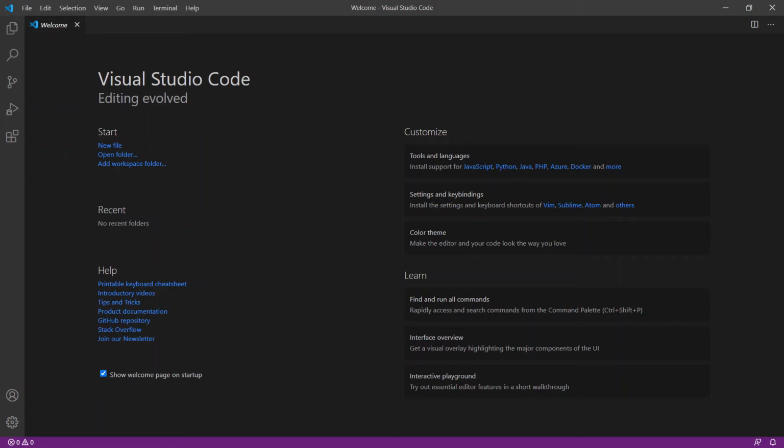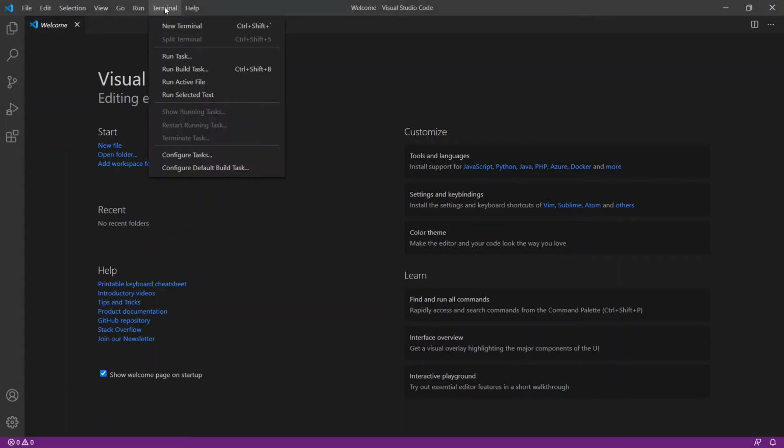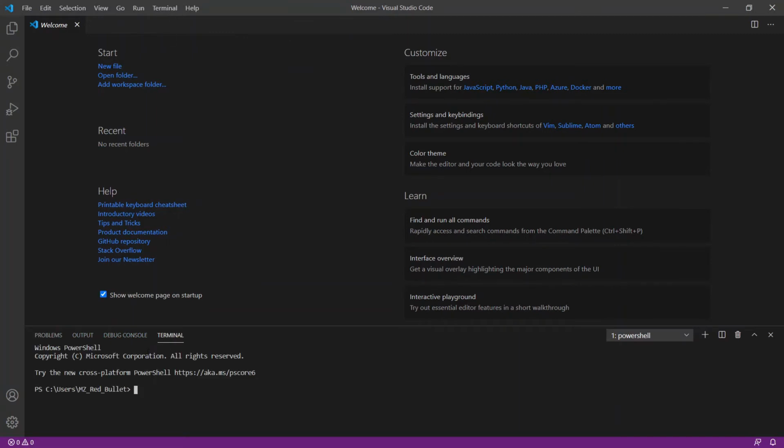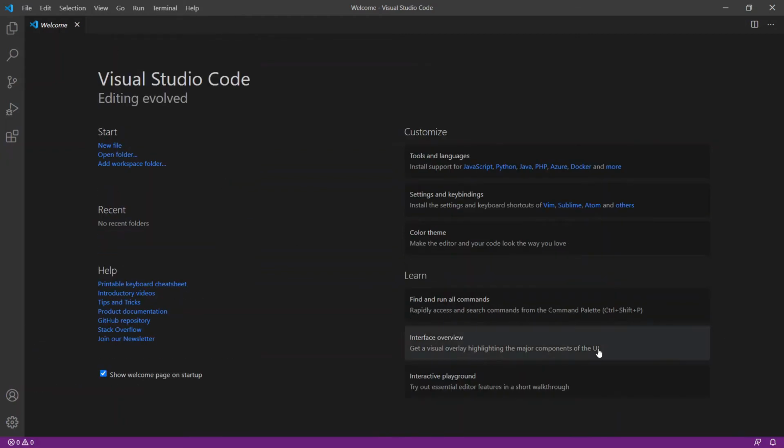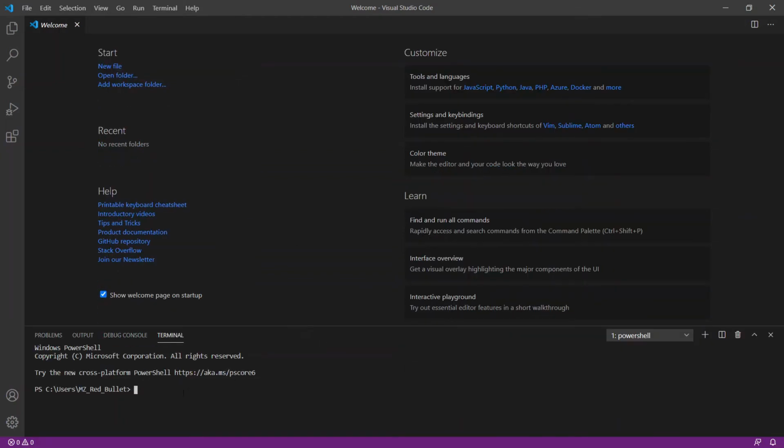As VS Code has built-in support for the terminal, we would need this terminal for various tasks. To open the terminal, you can either click on the Terminal menu option and click New Terminal, or go to View and click on Terminal. As you can see here, it is telling that by pressing Ctrl plus tilde as a shortcut, you can also open the terminal. Now let's understand what Angular CLI is and how to set it up.